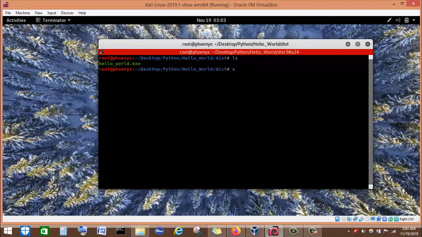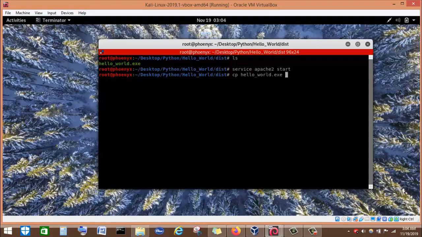So let me start my Apache server service, apache2. All right, so I have started my server. Next, I'm going to copy this file into the root directory of this Apache server,